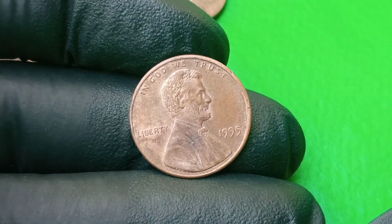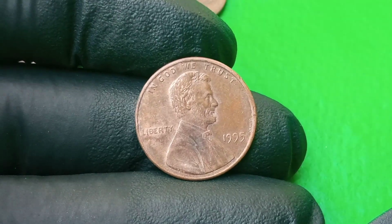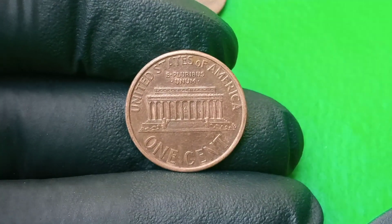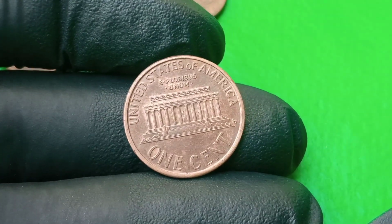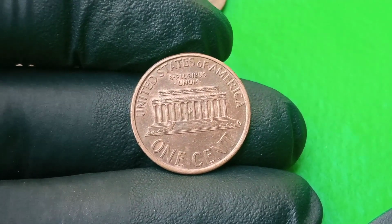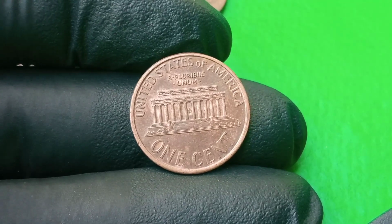And to expand further, we should consider the broader historical context of 1995, because this was a time when the US economy was transitioning into a new era, technology was advancing, and yet the mint was still struggling with the challenges of producing billions of coins efficiently. And errors were bound to happen, but for one coin to embody so many anomalies is extraordinary,